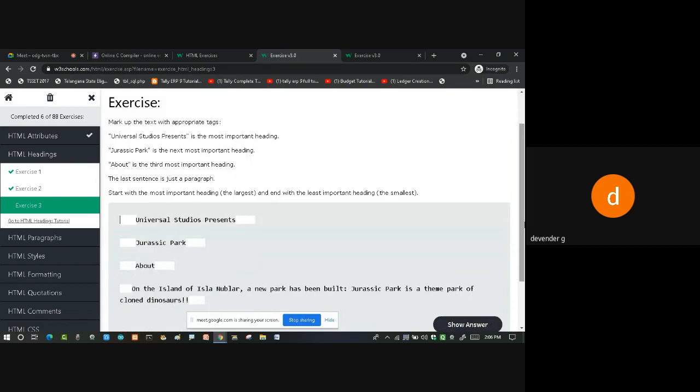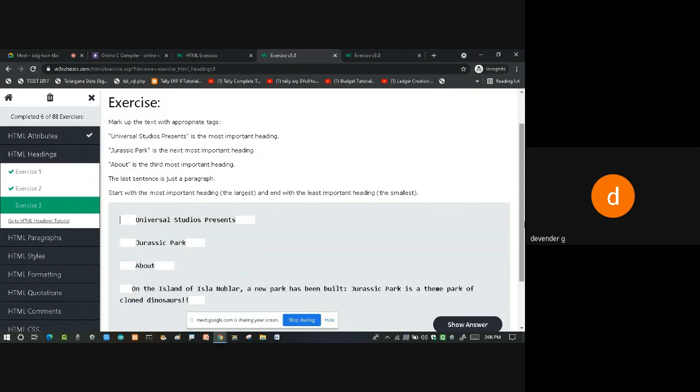Now he was asking the same thing. So what is missing? We have already seen the exercises about the heading tags. Now you have to tell me the answer for this. He wants this message, Universal Studio Presents, to be the biggest heading tag.